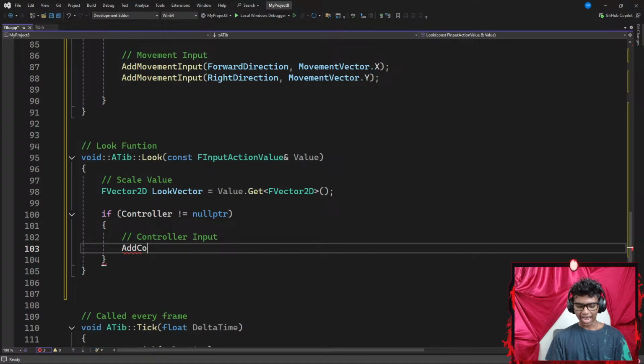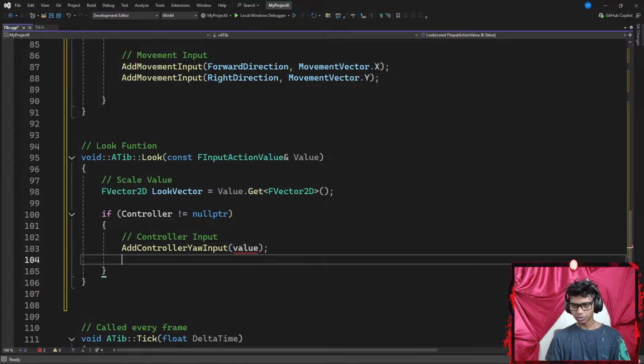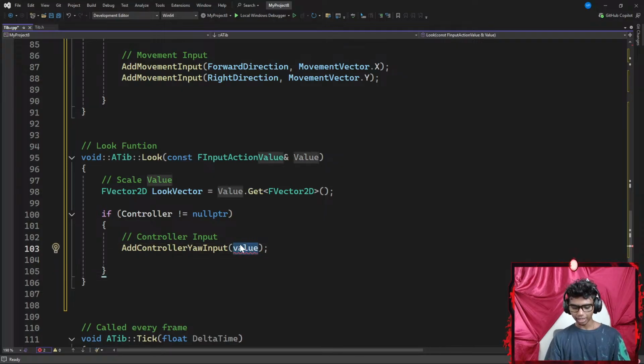I'm gonna use the AddControllerYawInput function first. Basically what AddControllerYawInput, or yaw input in general, does is it gives me access to rotate in the x-axis. Pitch input on the other hand is going to give me access to rotate in the y-axis. And there's one more, I think it's called roll input, that gives me access to rotate in the z-axis, if that makes any sense. So this is going to be value now. I end this with a semicolon. By value, I meant LookVector